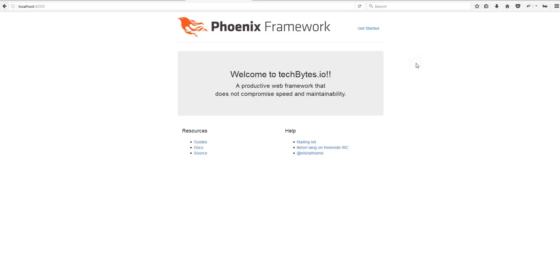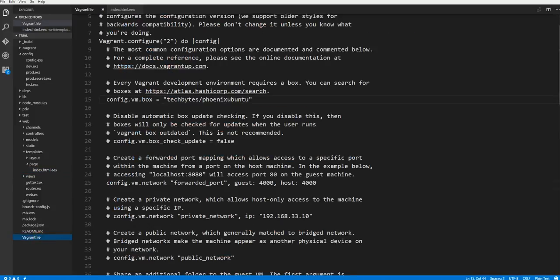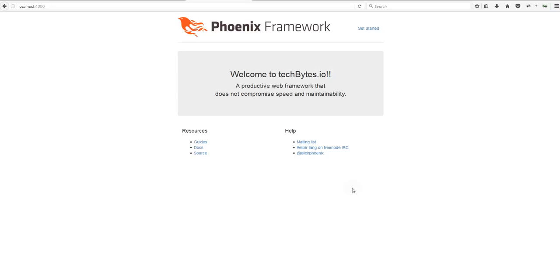It's welcome to techbytes.io. So what happened was we changed it here in our code editor on our machine here on our laptop, and it went to our virtual machine, which is our Phoenix Ubuntu server that we set up on top of VirtualBox using Vagrant, and we connected via the Vagrant file, we connected via these ports 4000 in order for it to come back into our browser, so that we are able to see our changes instantly as we work on them, which allows us for a much better development environment, and allows us, since we would probably be hosting our